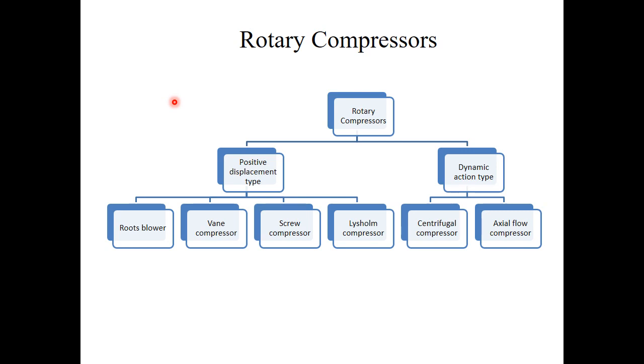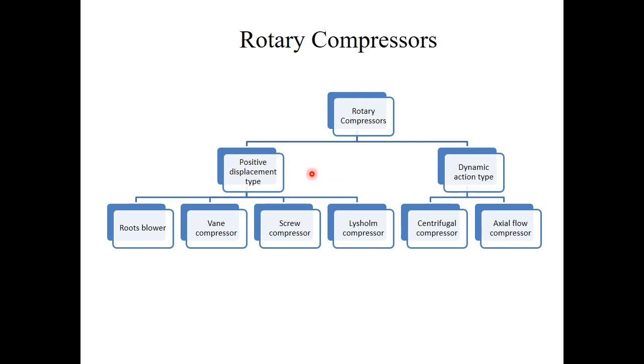Now there are different types of compressors, out of which we will be studying in detail about rotary compressors in this module. In this type of compressor, rapidly rotating parts, that is impellers, accelerate fluid to a high speed, and this high velocity is then converted into additional pressure by gradual deceleration in the diffuser or volute which surrounds the impeller. The rotary positive displacement compressors have rotating elements whose positive action results in compression and displacement.